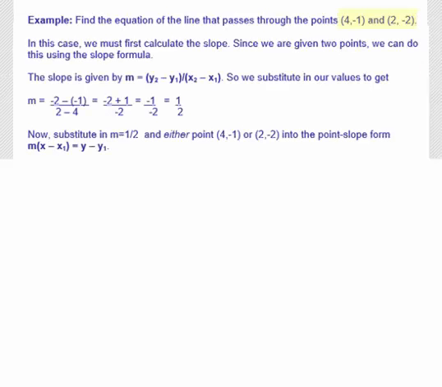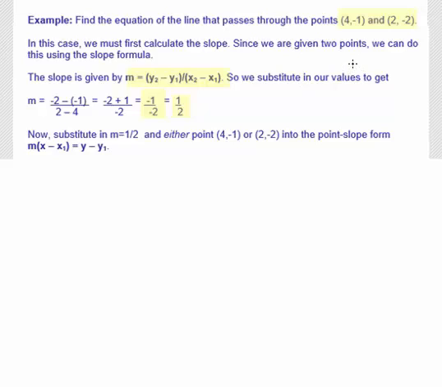Now we'll do an example where we use that point slope form to find the equation of the line given just 2 points on the line. And here we have the points (4, -1) and (2, -2). From these 2 points we can get our equation. First we get our slope, and we use the 2 points, plug them into the slope formula, y2 minus y1 over x2 minus x1, and we get -2 minus -1 over 2 minus 4. That gives us a slope of -1 over -2, and that's a slope of positive 1/2. So we have our slope,